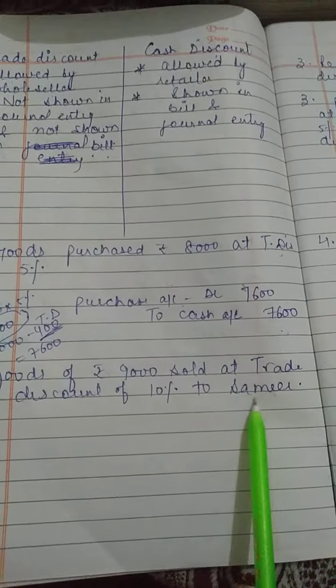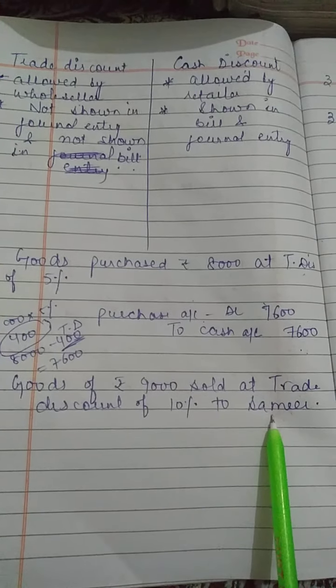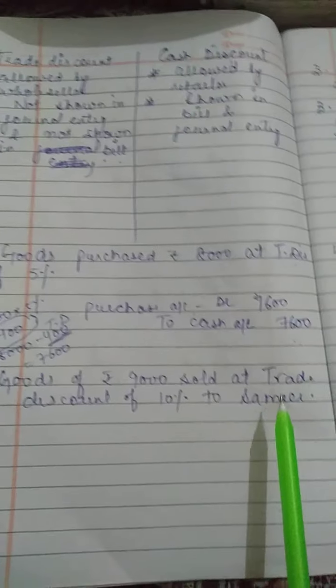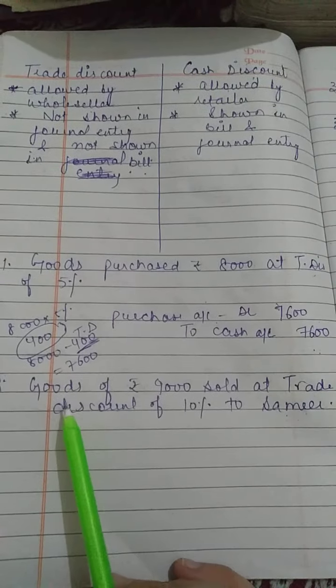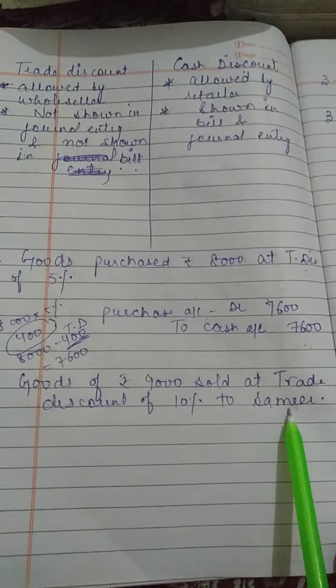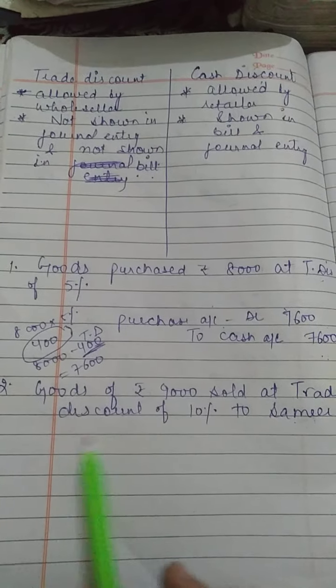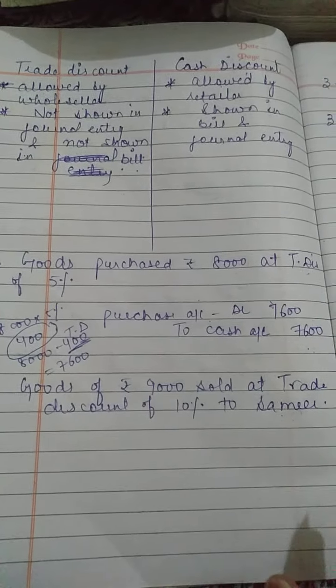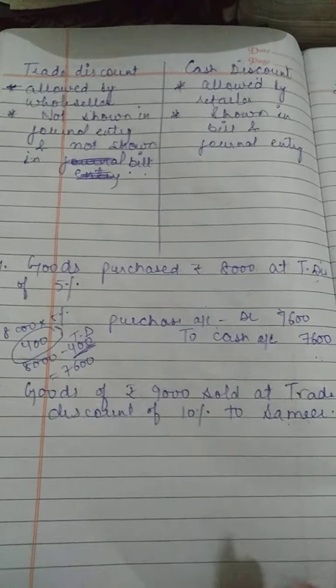Whenever the name of the person is given, then you have to mention the name of that person in the entry. Only when it is written, like, goods of rupees 9,000 sold at trade discount of 10% to Sameer for cash,